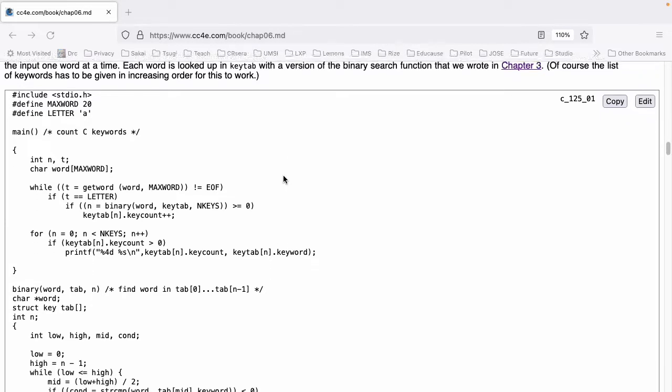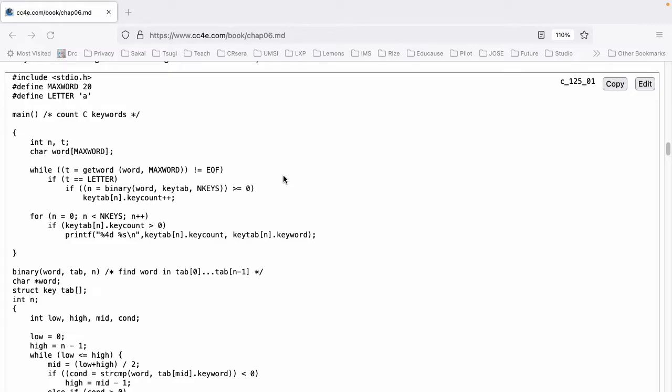Here's the first example on page 125 of the textbook. You can see this at www.cc4e.com/code. #include <stdio.h>, #define MAXWORD 20, #define LETTER 'a'. main() { int n, t; char word[MAXWORD]; while ((t = getword(word, MAXWORD)) != EOF)